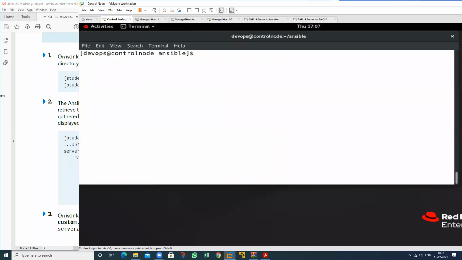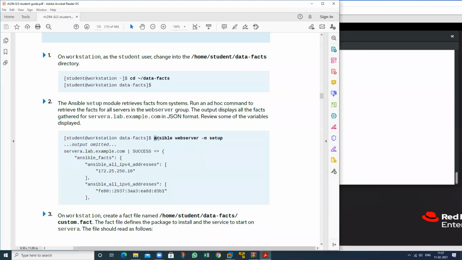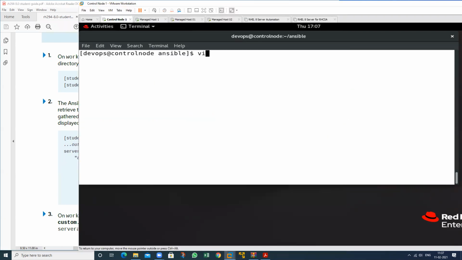So this is my control node machine, and go to this particular machine. Which command do you want to perform? Ansible, then your name, then Ansible. So first go to the inventory file, this one, and just place the group name here, just webservers. So I will capture all the facts of which machines? This machine, this machine, and this machine. All machines we can capture in a group.